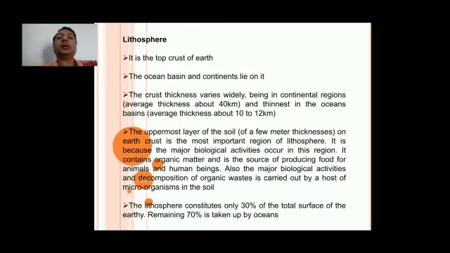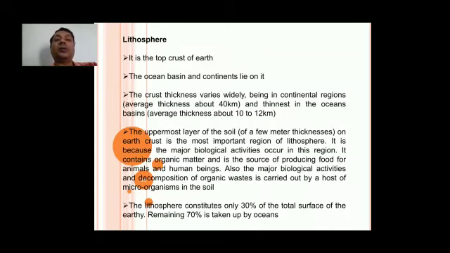Lithosphere. It is the top crust of the earth. The ocean basin and continent lie on it. The crust thickness varies widely. In the continental region, the average thickness is 40 kilometers, and in the ocean basin, its thickness is about